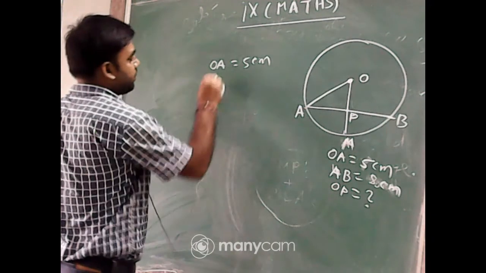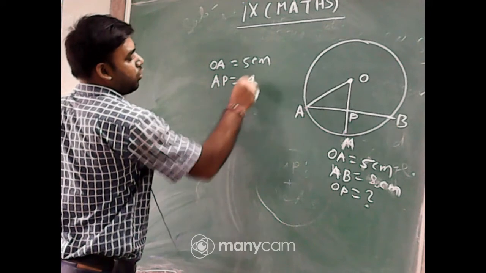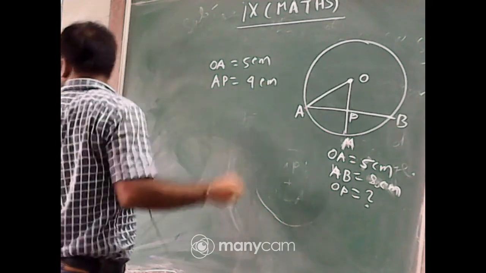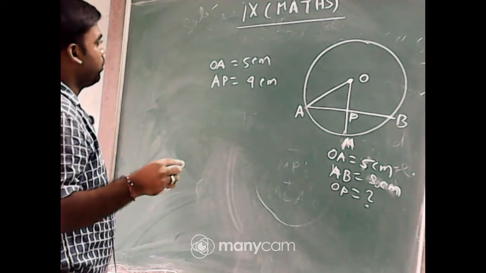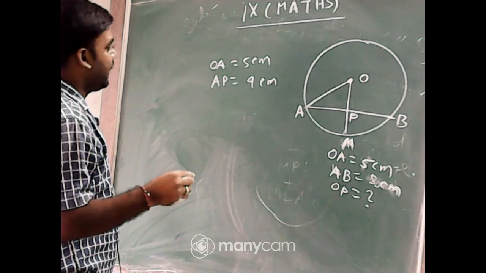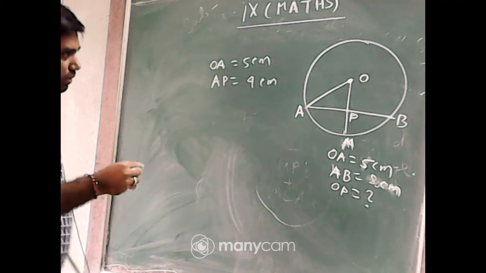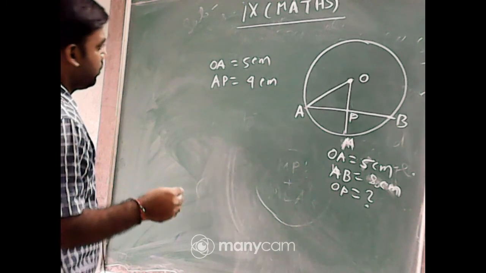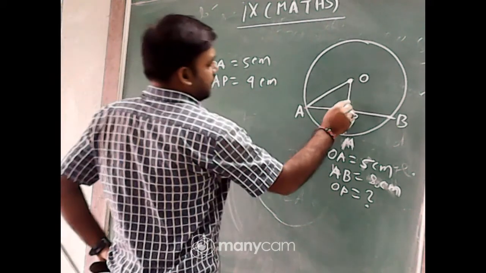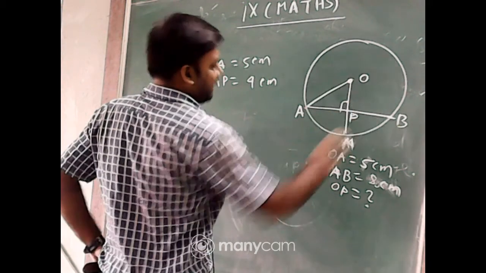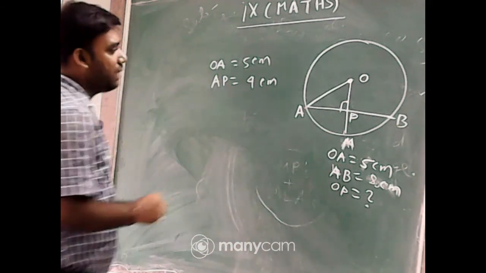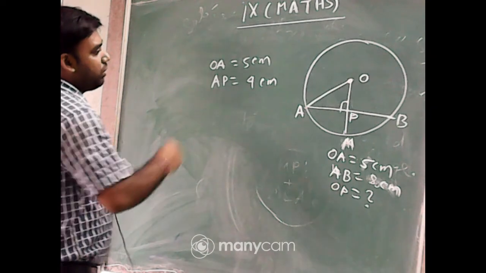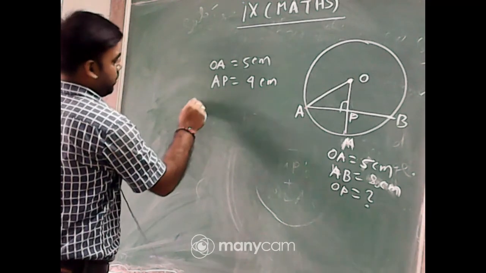Therefore AP is 4 centimeter. OA equal to 5 centimeter, AP equal to 4 centimeter. Okay. Now, as it is 90 degree, it is bisected. As it is bisected, so it is 90 degree. So you can use that